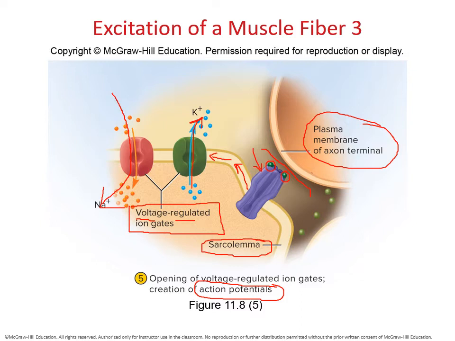In this case, our response is that we ultimately want the muscle cell to contract. But remember, the contractile units are inside the muscle cell. Right now, we're still on the sarcolemma, the outside portion of the muscle cell. So we need to figure out how to take all that excitement from the sarcolemma and move it into the actual cell so we can start taking a look at our thin and our thick filaments.